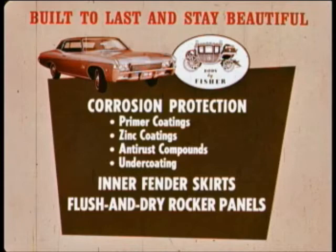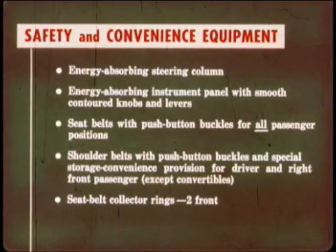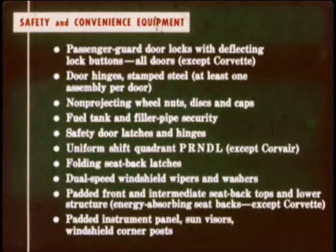In addition to all the selling features we've covered, there's still more. In '68, all Chevrolets feature an impressive array of safety and convenience equipment. Energy-absorbing steering column, energy-absorbing instrument panel with smooth contoured knobs and levers, seat belts with push-button buckles for all passenger positions, shoulder belts with push-button buckles, and special storage convenience provision for driver and right front passenger, except convertibles. 2 front seat belt collector rings. In addition, there are passenger guard door locks with deflecting lock buttons, all doors, door hinges, stamped steel, at least 1 assembly per door, non-projecting wheel nuts, discs, and caps, fuel tank and filler pipe security, safety door latches and hinges, uniform shift quadrant,